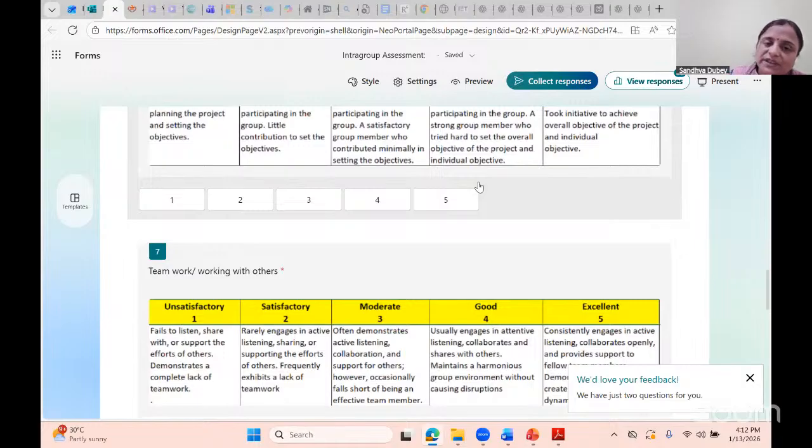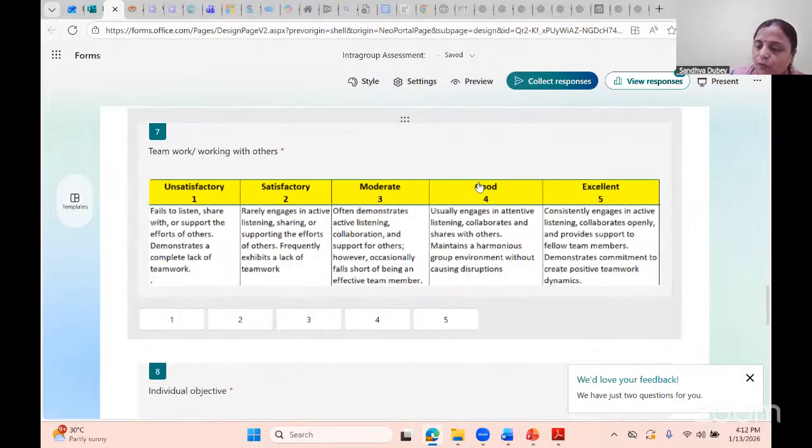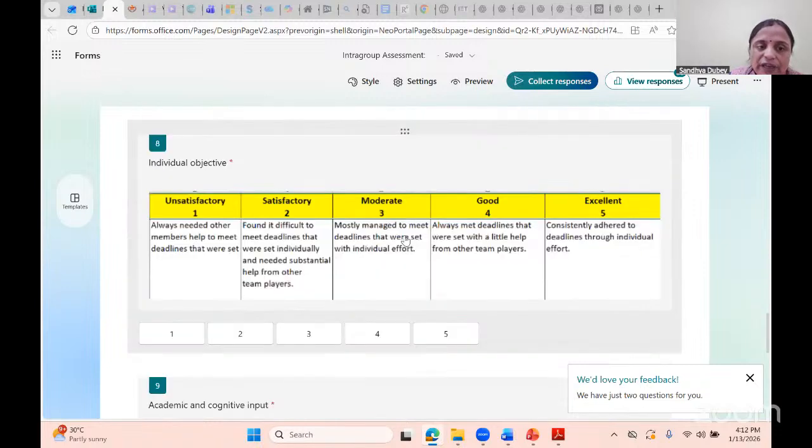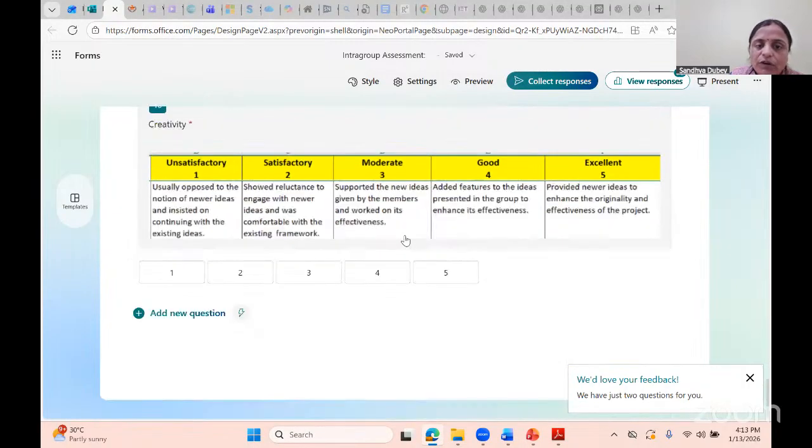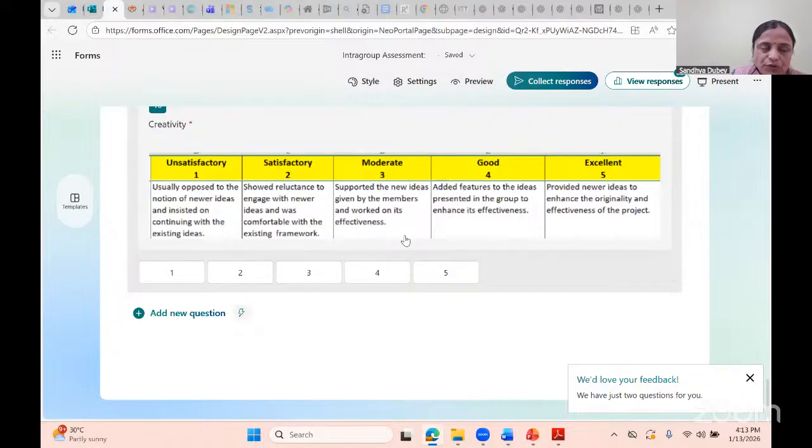Three students have presented. This was the research work they carried out in the group of three. So how they have explained how the paper was there. They will display their paper also: how well the paper was written, what the plagiarism percentage was. Usually we say it should be less than 10%, but within 10% also, how close to 10 it was, how much less, and whether AI content was there or not.